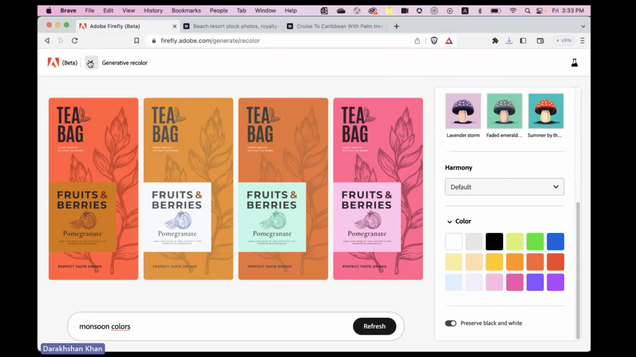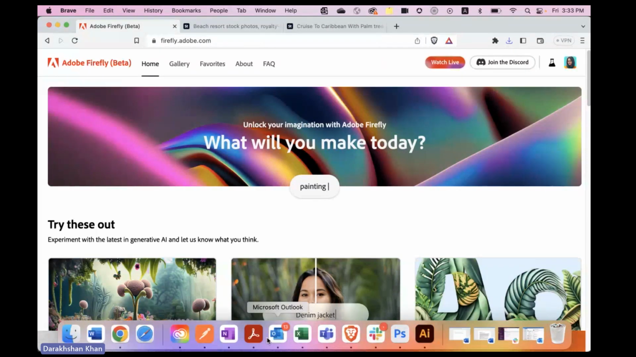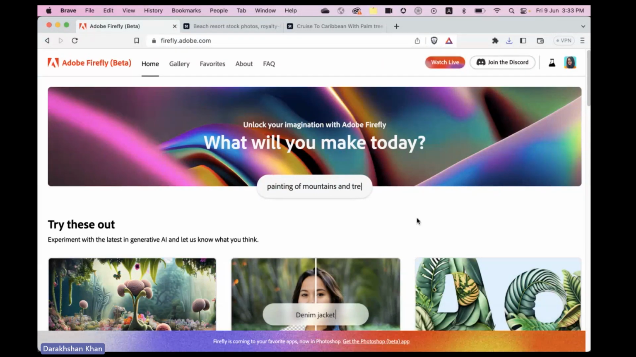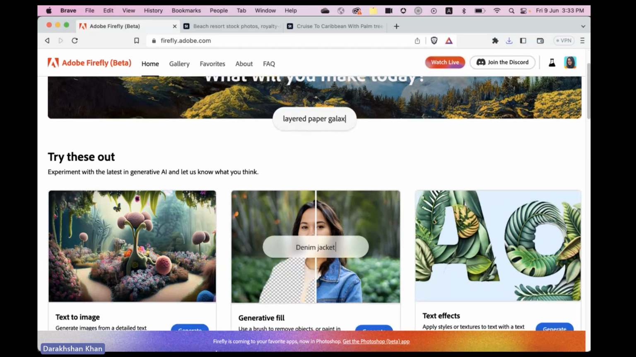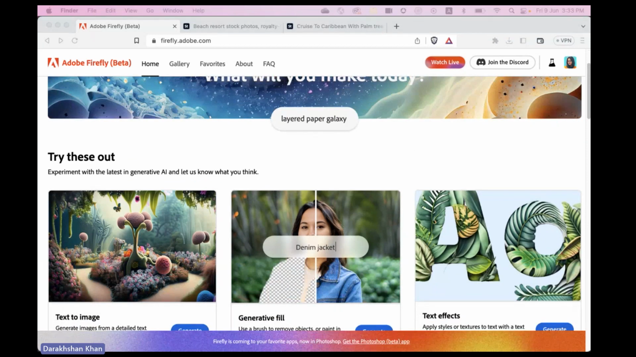Okay. So this was the third feature which I wanted to talk about, which would be very helpful when you want to recolor your artwork and generate different variations of one specific art. Right. And with that, what I did, I was